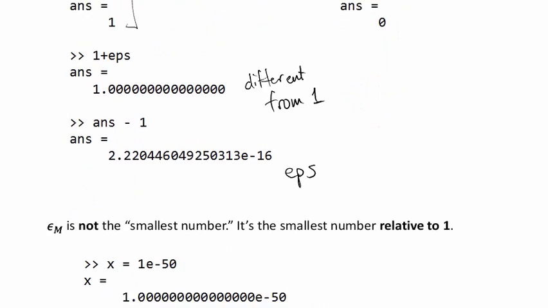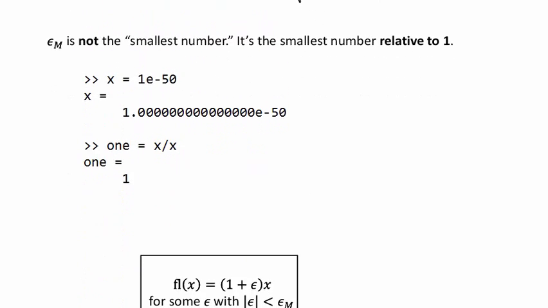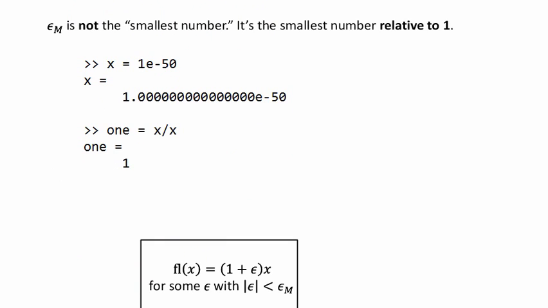Now that's not the same thing as saying epsilon is the smallest number. That's not true. It's only the smallest number that you can represent relative to the scale of 1. So you have to get the idea of relative accuracy as opposed to absolute accuracy in floating point. So we can represent the number 10 to the minus 50 just fine. In fact, we can go down to as small as 10 to the minus 300 or so. But if you add that number to 1, it has no effect. It's a lot like significant digits